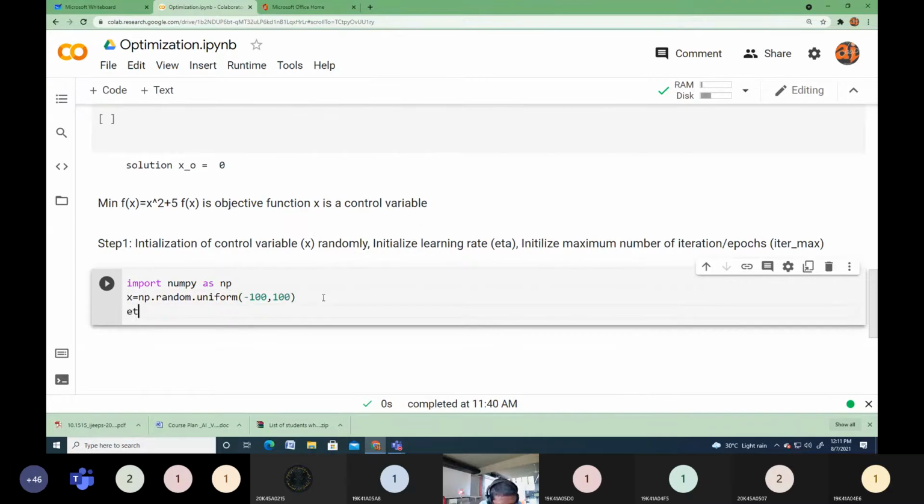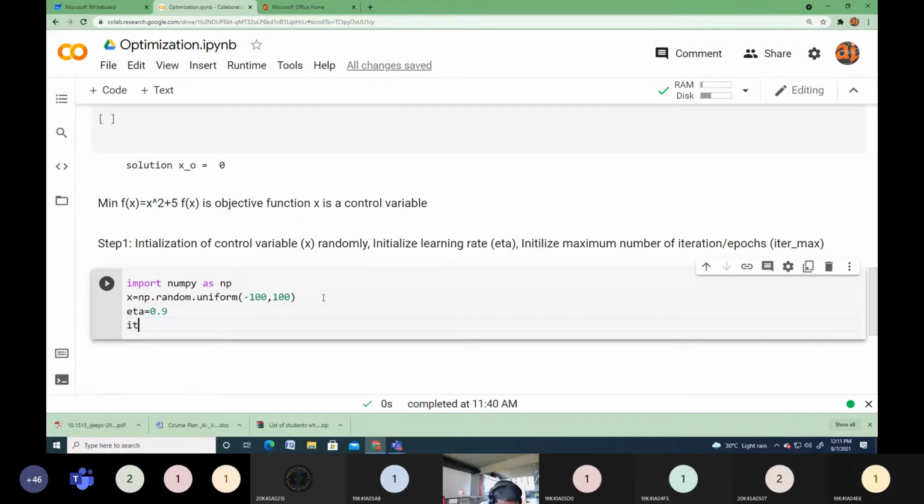Later you have to define the learning rate eta value, and its value is between 0 to 1. I'm taking 0.9 as of now. I'm going to describe the impact of the learning rate later, after completing this coding. So eta is called the learning rate. I'm taking 0.9, and iter max, the number of iterations, equal to 200.